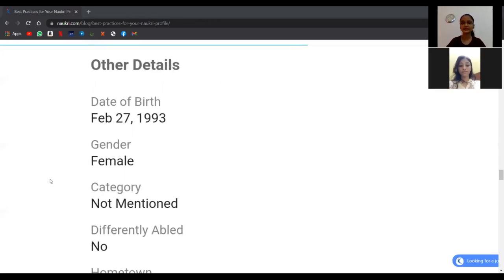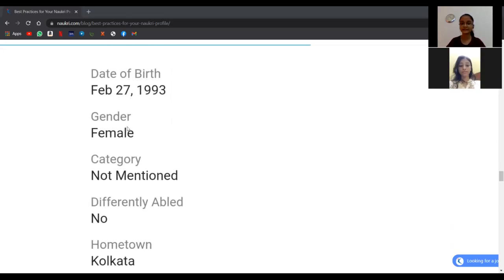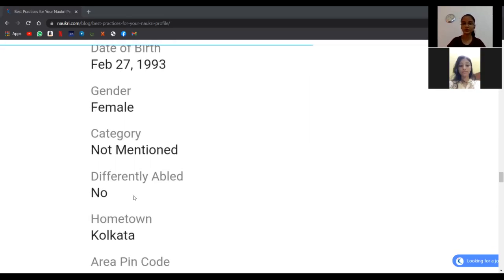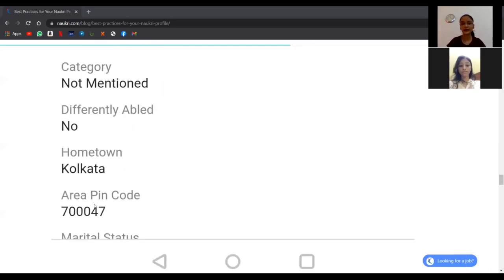So coming to the other details, the date of birth, you need to mention your date of birth, and then the gender and the category, it's not mentioned. So differently abled, no. Differently abled in the sense in case if you are not able, you can mention this, like if you are handicapped or like that.